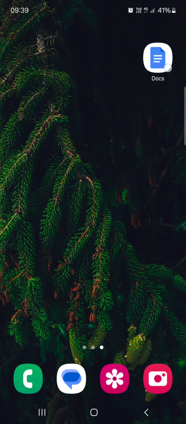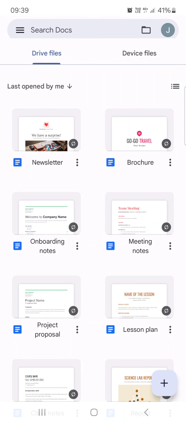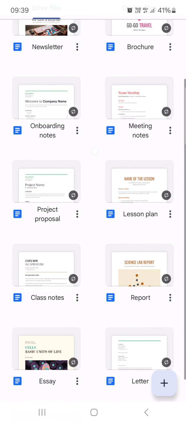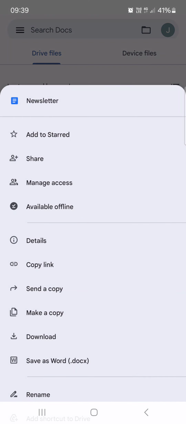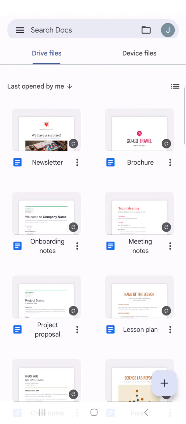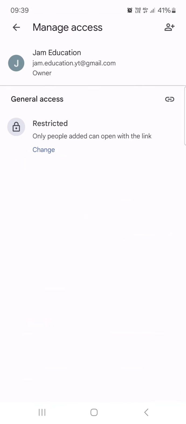First we have to open up the Docs app. Here it opens up in Drive files. From here we just find a document that we would like to manage access to. Tap on the three dots next to it. Then tap on Manage Access, and here we have